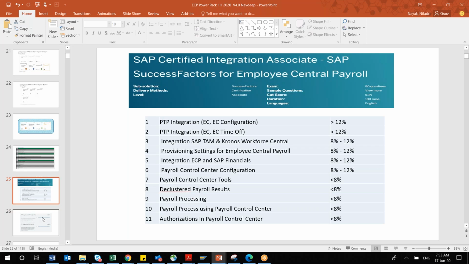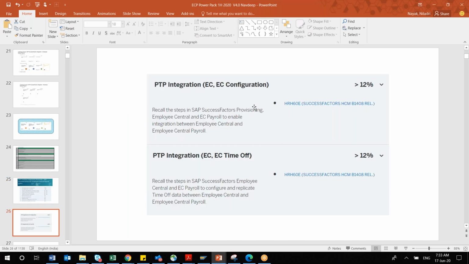Okay, so in this, they have simply mentioned the link here, HR60. Under PTP, they have mentioned HR60, which is actually the HR60 guide which I have maintained there. They are just mentioning to recall the steps whatever you have understood in this topic. But again, they have just put the hyperlink here, which is nothing but your SAP implementation guide which I have made, which is part of your all-in-one guide. So simply they have mentioned HR60, that is the only guide.